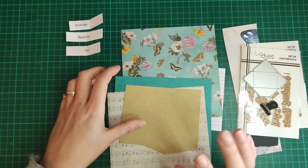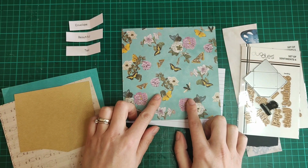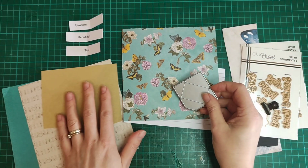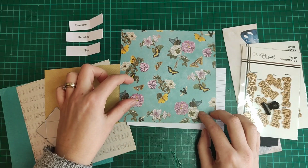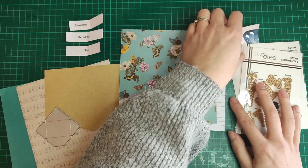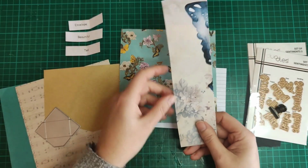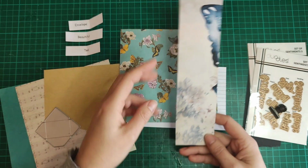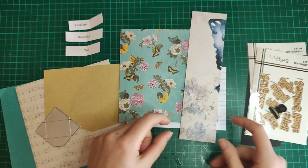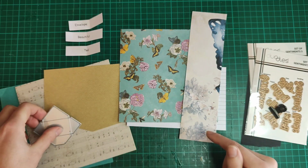So that's my colour palette and that's what I'm thinking. Having this as my base, having 3 envelopes cut out of each of these 3. They're going to go along the middle. I am going to have them open. And then I was thinking of, this is just a scrap from my watercolour wings kit. And I was thinking of cutting this into strips so it looks like strips of paper coming out of the